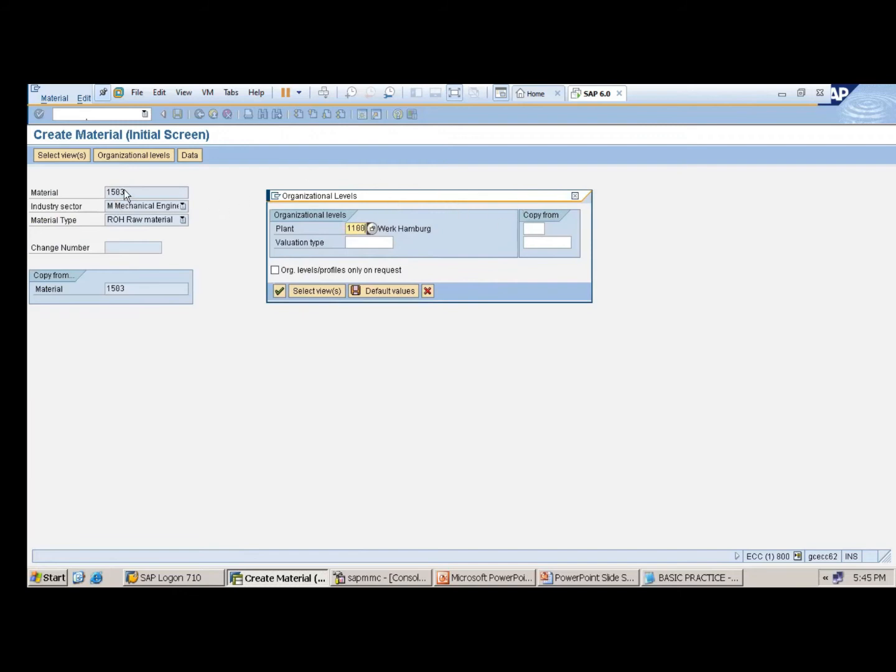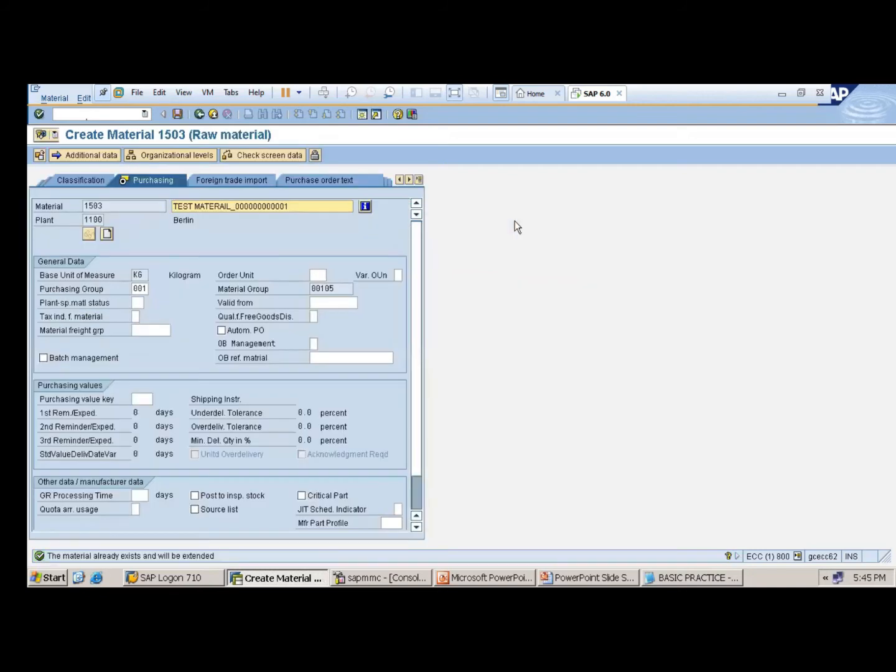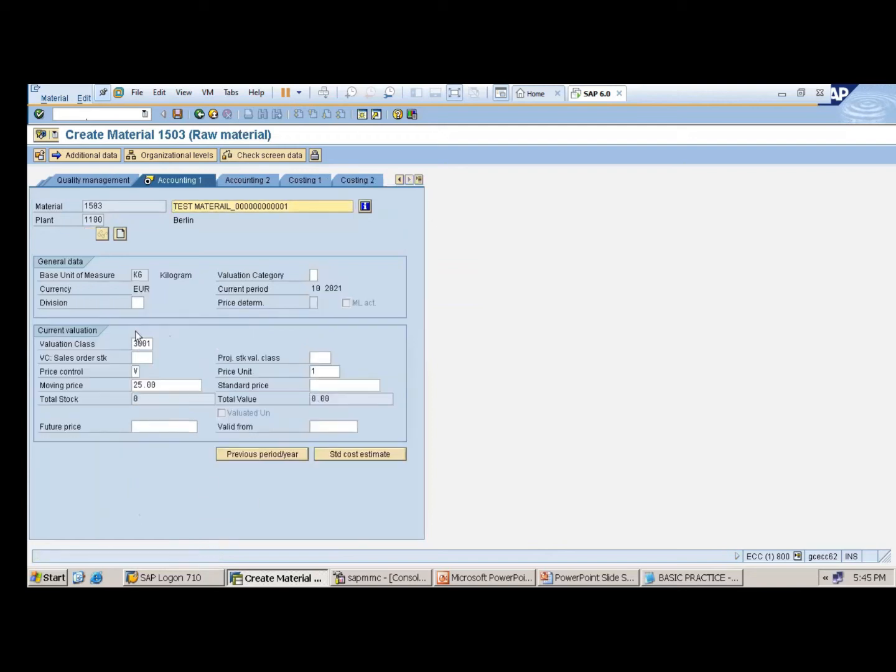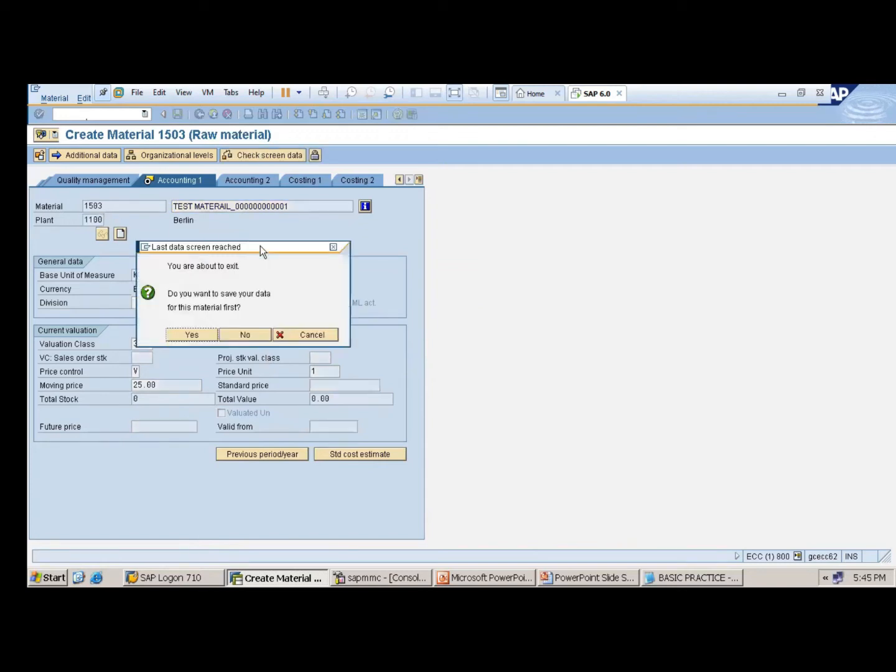In which plant does this material already exist? Plant 1000. Enter. See, the material already exists and will be extended. Okay, fine. See, valuation class, moving average price, everything will be copied to plant 1100. Enter. Save.